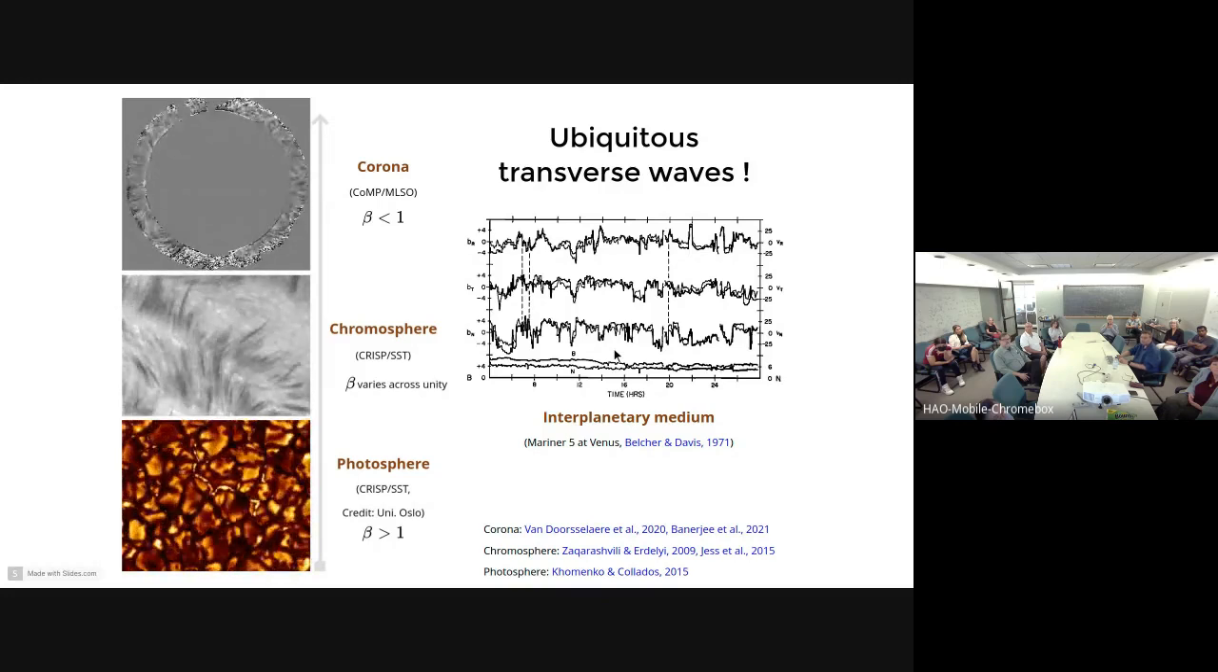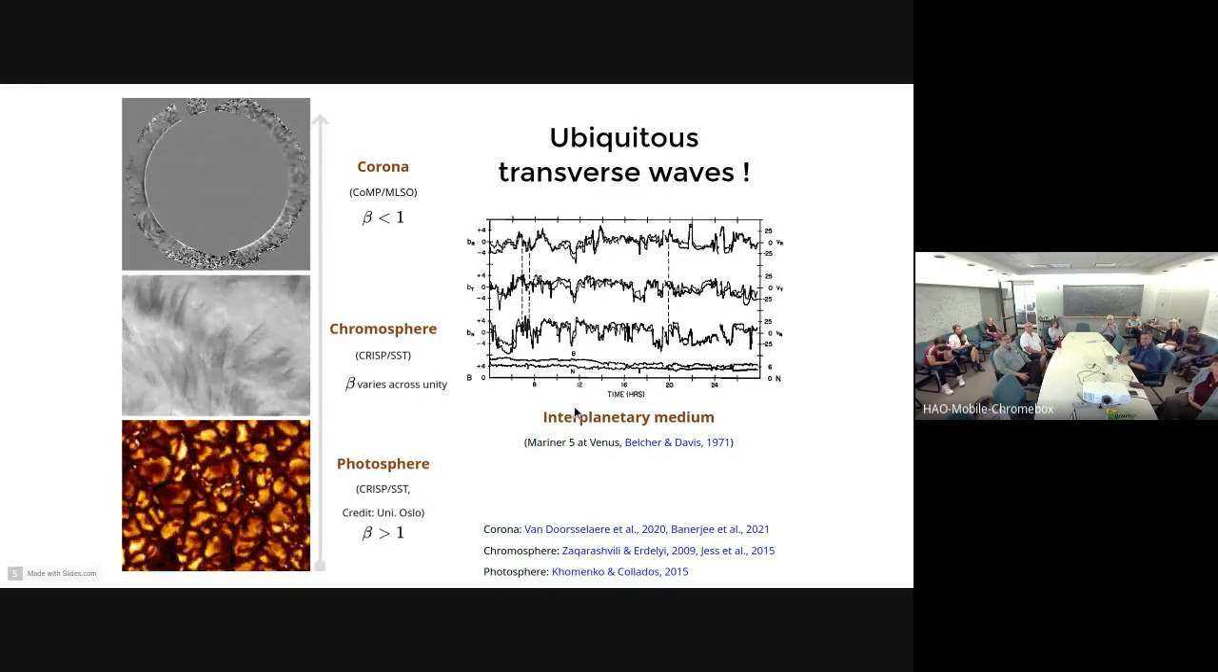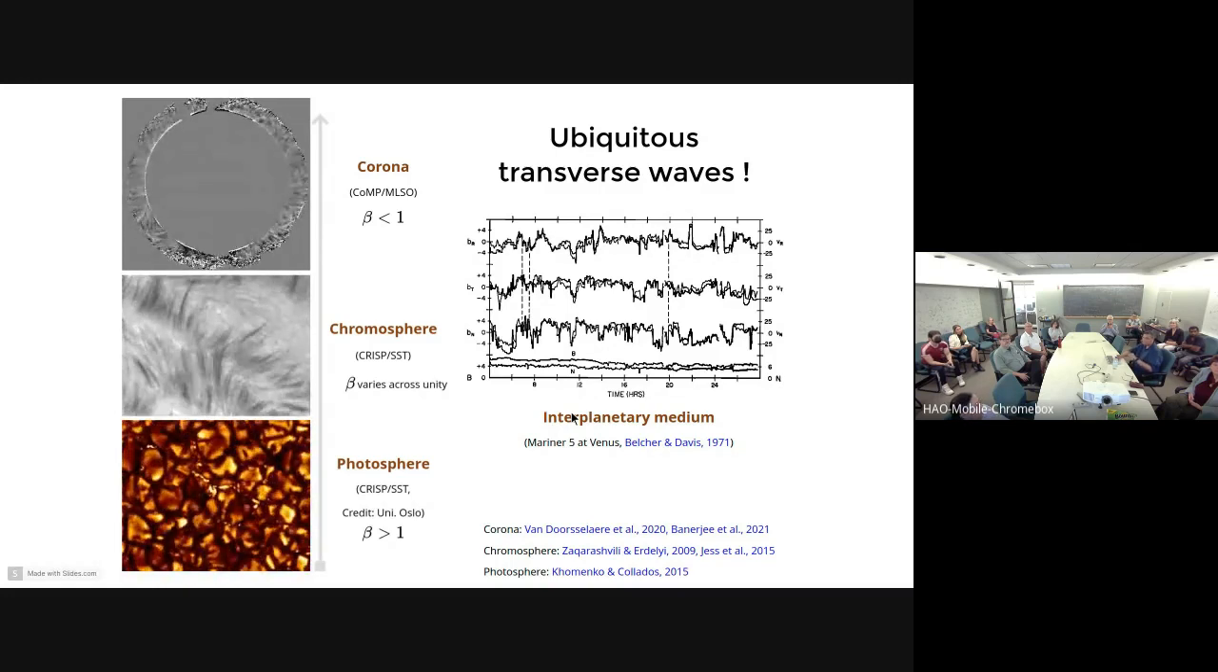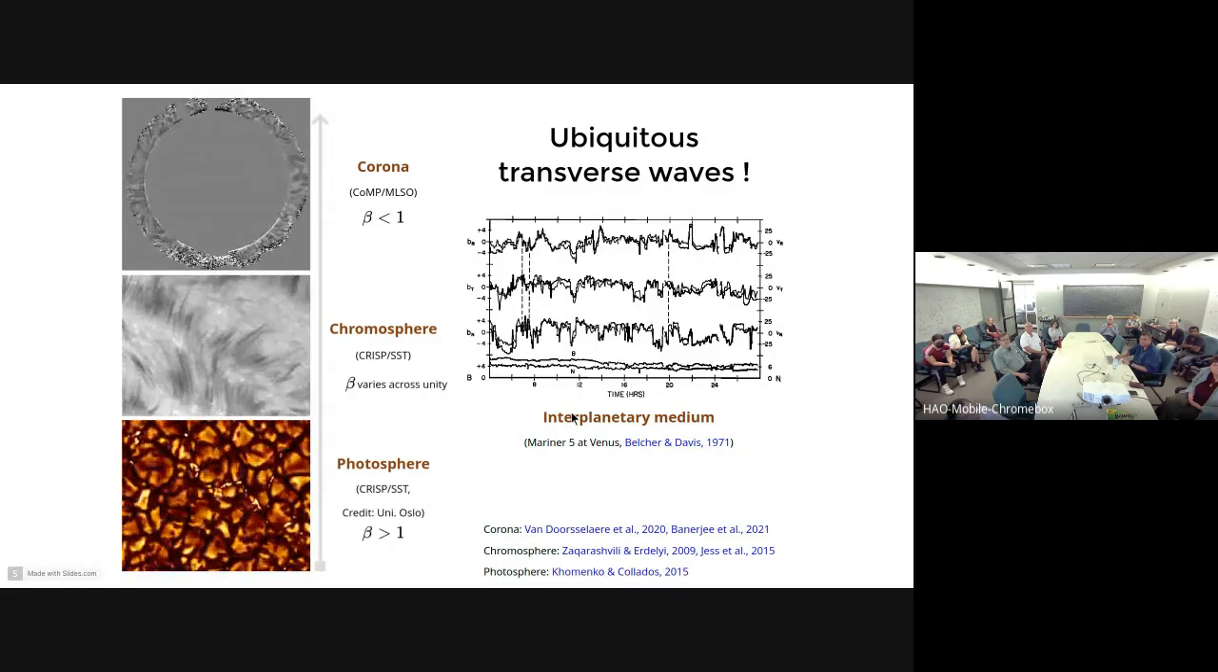So the impression that we have been getting is that these are ubiquitous, whether we are looking at the foot points, we are looking into the